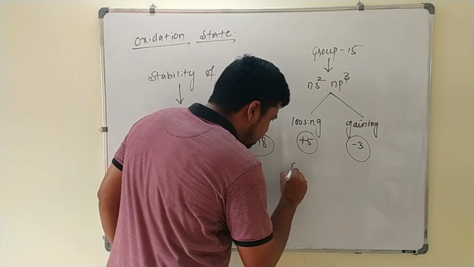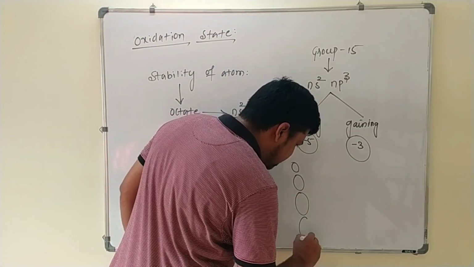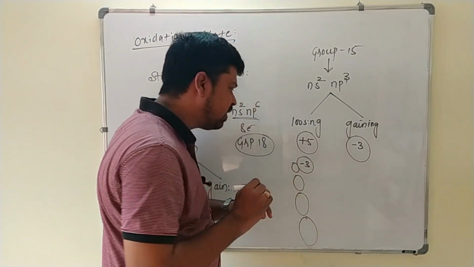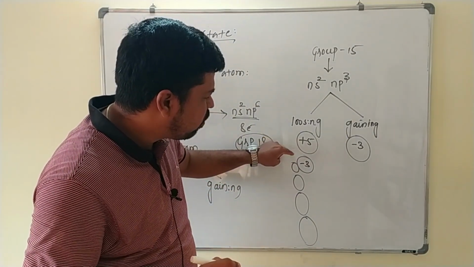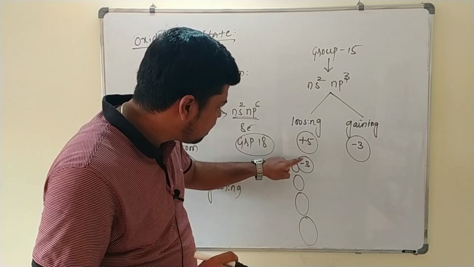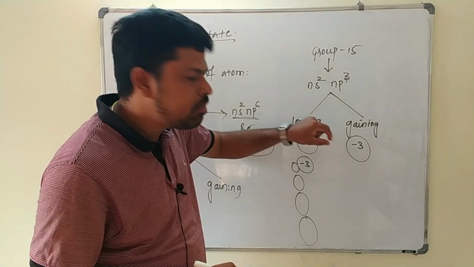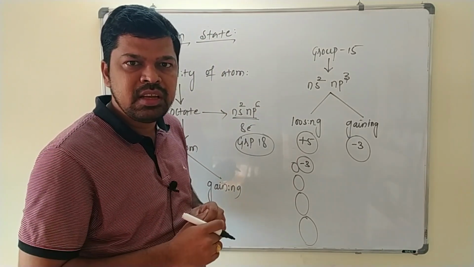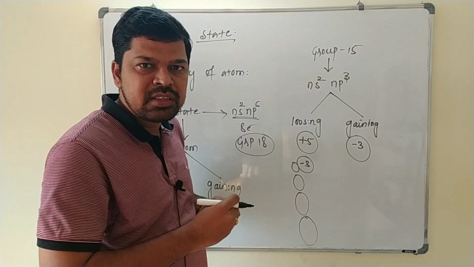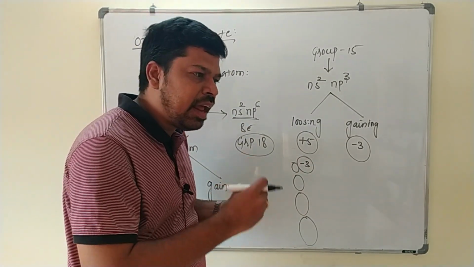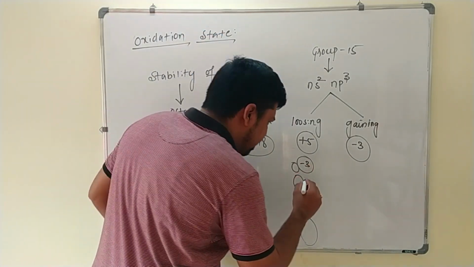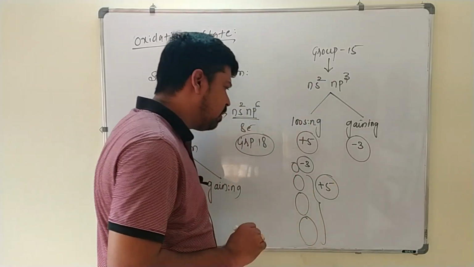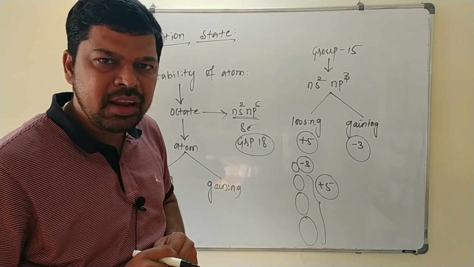Now in the group 15 elements, down the group, what happens here? Atomic size is increasing. So the small size elements have a tendency to gain electrons, so they try to show the -3 oxidation state. This -3 oxidation state tendency is maximum in case of small size atoms. If you go down the group, atomic size goes on increasing, so the electrons are far away from the nucleus. As the size of the atom increases, their ability to lose electrons also increases. That's why the other elements try to show positive oxidation state also, that is +5 is also possible in the remaining elements here.